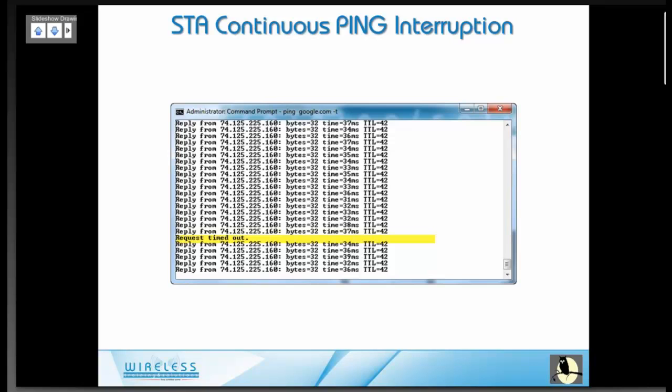Okay? It looks like we missed one ping. Tell me if that's what you see in your capture files with Wireshark, though. I think you'll be interested to see what's really going on in there. Now, when I see that request timed out for one ping, I know that we've got the